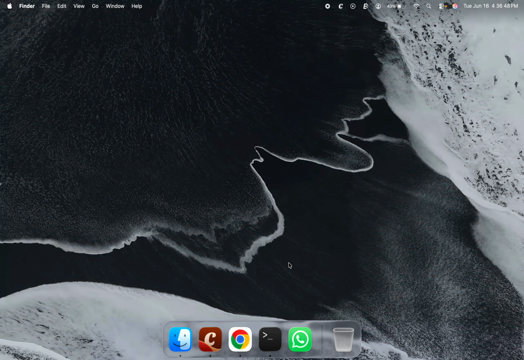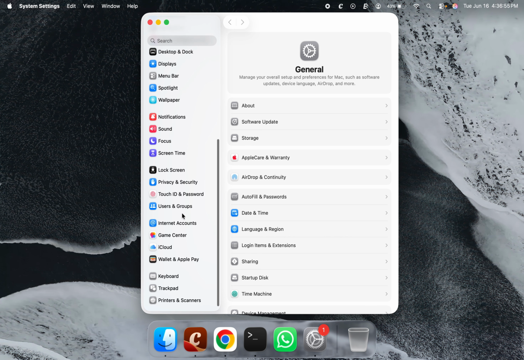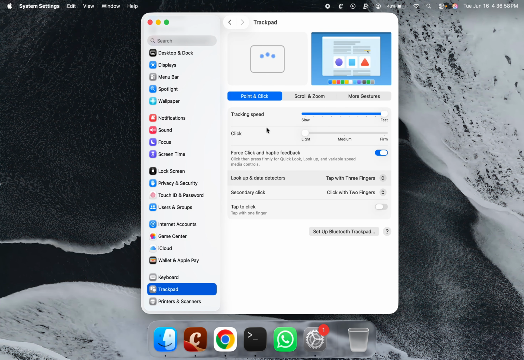And to reduce the cursor speed, click on the Apple logo at the top left corner of the screen and then choose System Settings. Now here, scroll down all the way in the left side pane and then go to Trackpad. After that, here you can see the tracking speed slider. I have made the slider towards fast. That's why the movement is too fast, and to slow down the speed you can just slide the slider towards